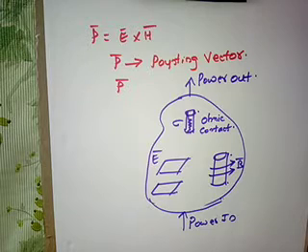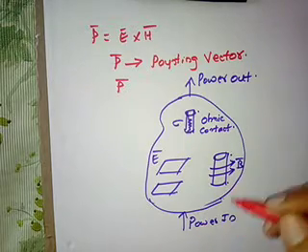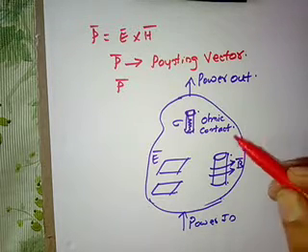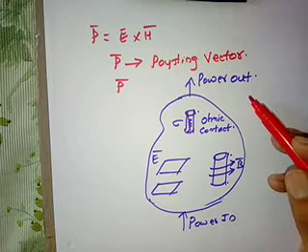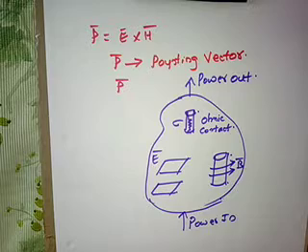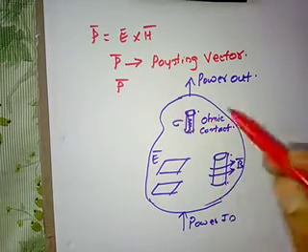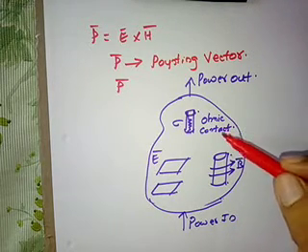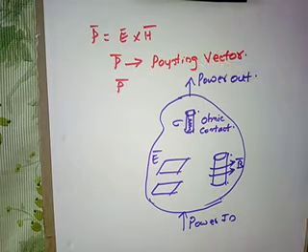the decrease in the energy inside, minus the ohmic loss, will be equal to the energy that is coming out of the surface, or the power that is coming out of the surface. According to the Poynting theorem, the decrease in the energy inside the surface, minus the ohmic loss, is equal to the power or the energy that is coming out of the surface.